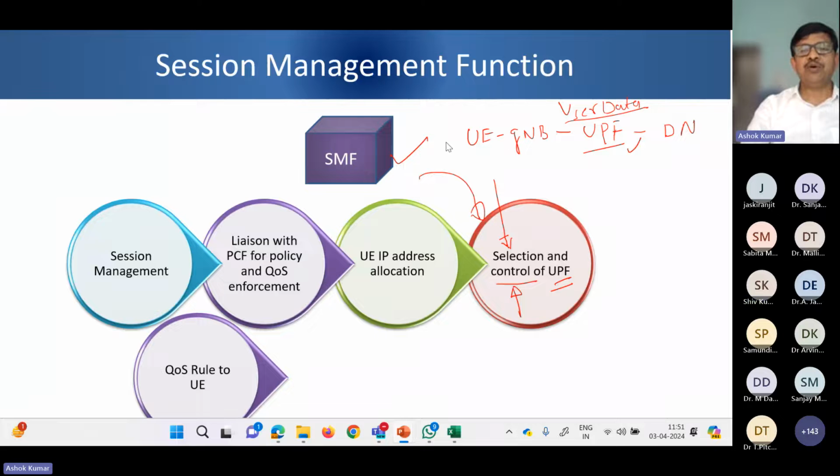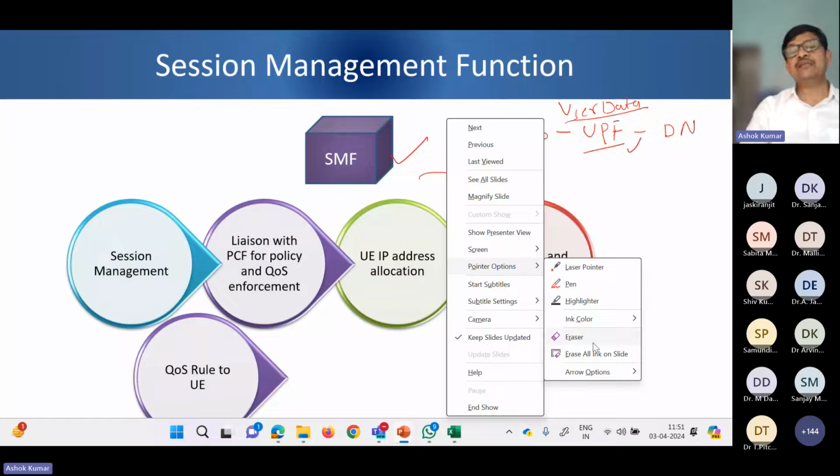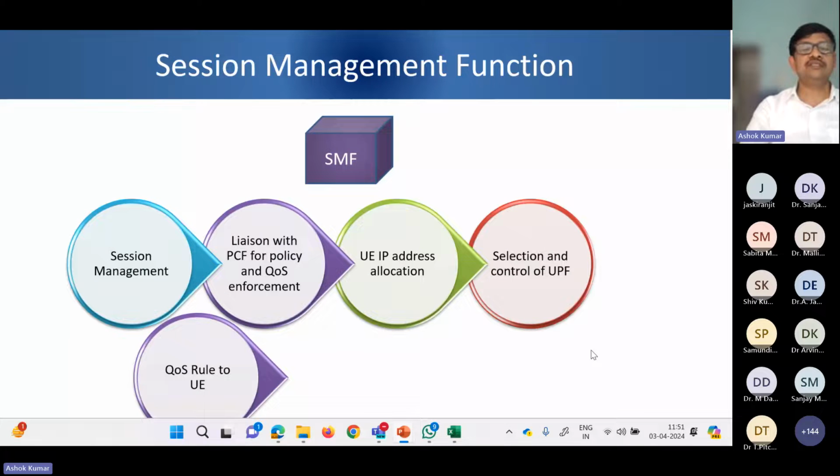Now, a very important aspect which SMF does is that it provides quality of service related information to 3 entities. So please remember that SMF,